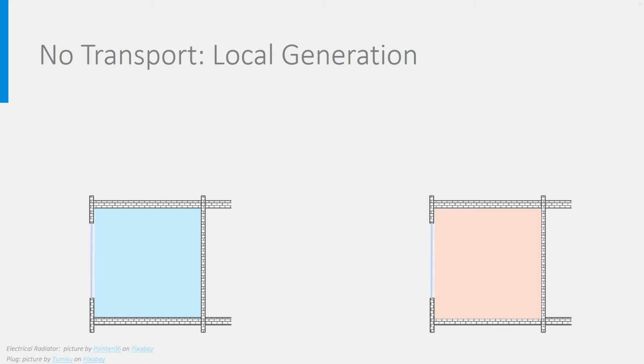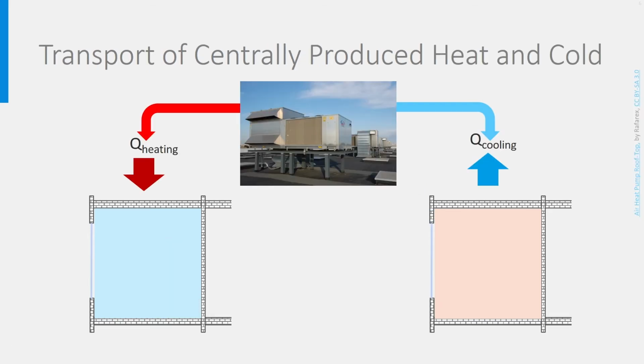This would be the case if an electrical radiator or a stove are used in the room left or a room air conditioner like on the right. Very often, the equipment generating heat and cold is not placed in the room, but somewhere central in the building, like a home boiler is placed in the toilet or the attic. In office buildings, you see often big technical rooms on the roof where the boilers and the cooling machines are placed, like on the picture, meaning that we need some piping to bring the heat and the cold to the rooms, and we need to choose which fluid will be circulated in these pipes.